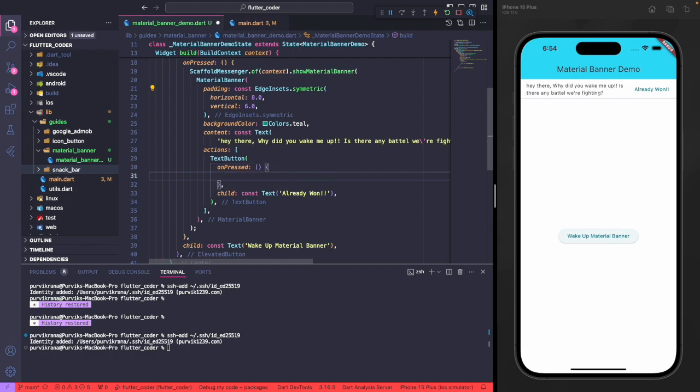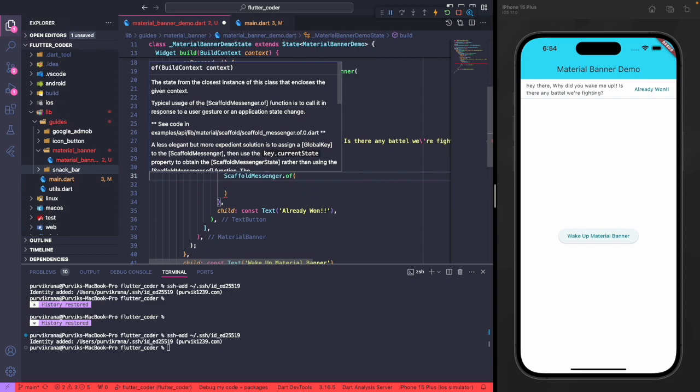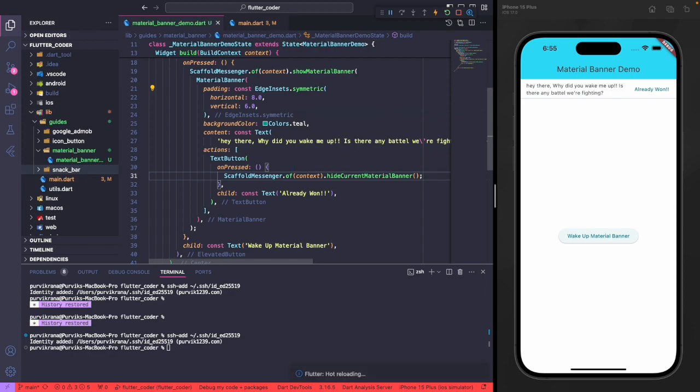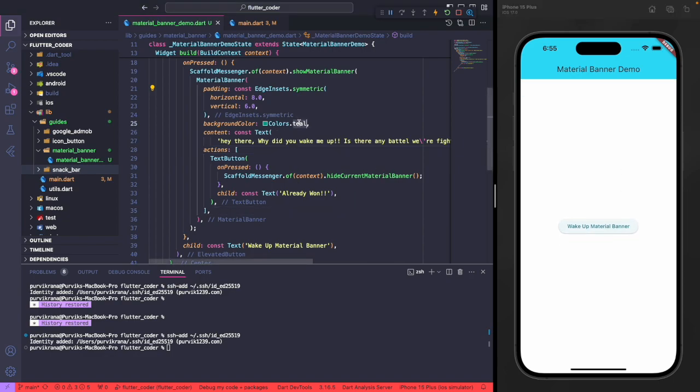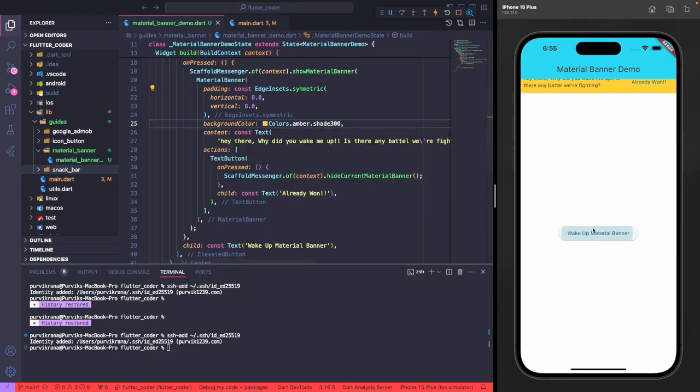So on actions, as we can see, again we can use the ScaffoldMessenger.of(context).hideCurrentMaterialBanner. So we can make use of that, and we can hide the current material banner which is being displayed. So let me just rerun to start this application, and wow, that's how we can do it. But let me just customize it a bit. So let's have the save 300,